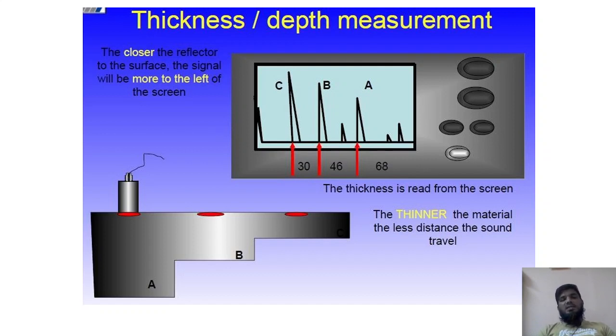The thickness is less. If the thickness is more, what happens is that when the wave goes and hits the end surface and comes back, it has to travel a lot of distance. So while coming back, its frequency obviously will reduce. If the thickness is less, the reflected wave will also have a high frequency. From that you can understand the thickness is less.